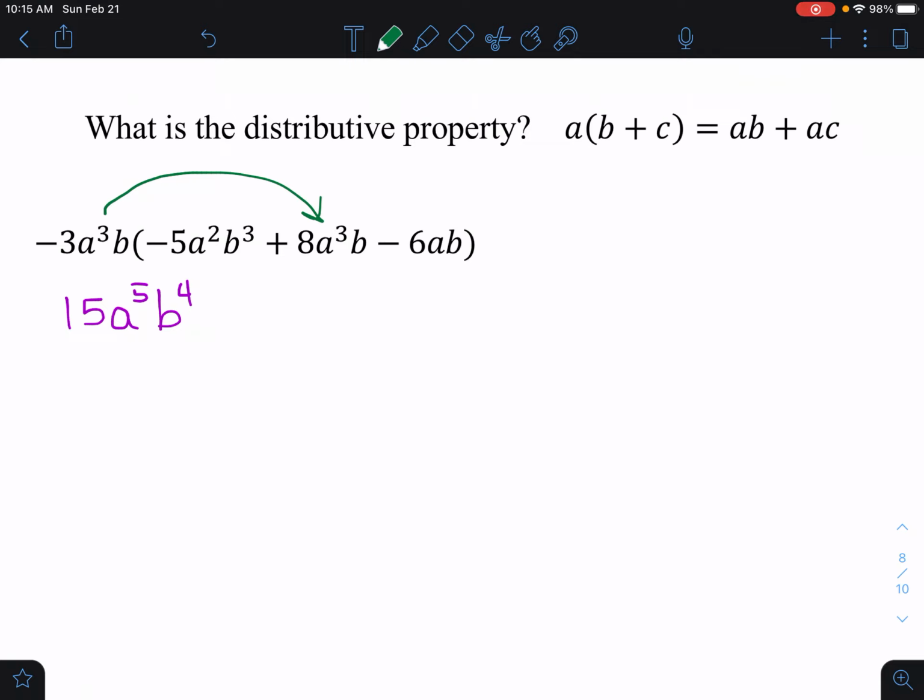So negative 3 times 8, that's going to give me a negative 24. So I'm going to put minus 24. Now I'm going to think about the a's. Okay, a to the third times a to the third is a to the sixth. Okay, and now I've got the b's. B, remember this is a 1, that's a 1. So b to the first times b to the first is b to the second. Okay. All right, now we're going to do